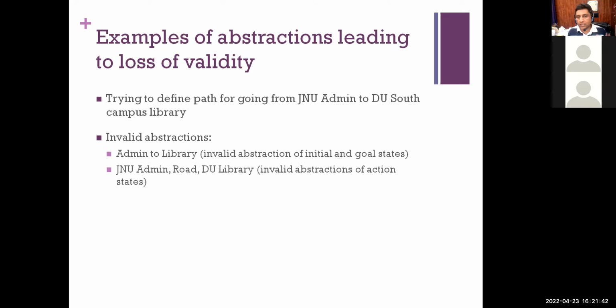Well, if I know that my first state is admin and second state is DU library, and let us say an action exists between them, that action should be properly definable. So if in one place I say road, and in another place I say road again, it should mean the same thing. That is the requirement. But in this case, it does not mean the same thing because multiple roads may exist, and in one case the road may be shorter, it may be allowed, it may not be allowed. Three directions may be possible in some places, four directions in other places. So road, even if it exists, unless it is generalizable, we cannot use the abstractions. All right. So going further,